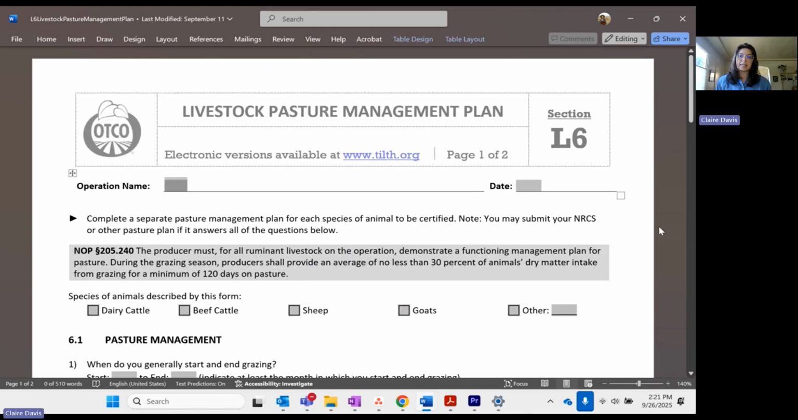Here we are in the L6, the Livestock Pasture Management Plan. If you are viewing this section and you do not raise ruminants, move right along. This L6 is just for ruminant operations. So the two main goals of this module are to ensure that your pasture management plan